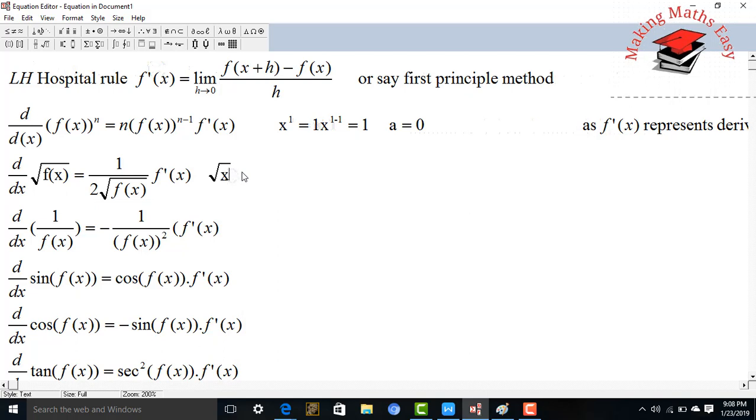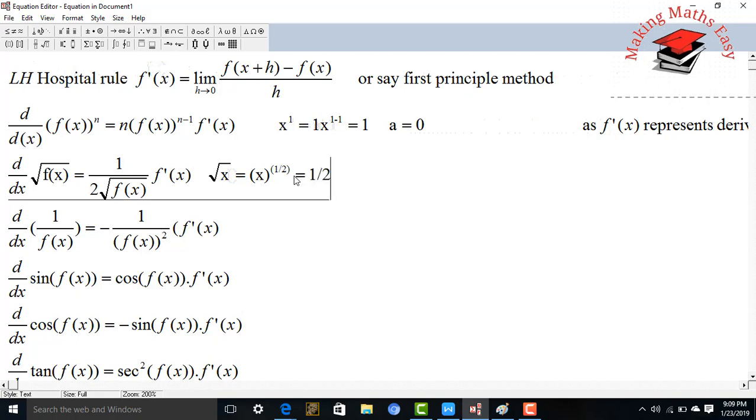the derivative of square root of x, I am not putting the derivative symbol just for convenience, will be x raised to 1 by 2. So in this case the power is 1 by 2, so the value of n is equal to 1 by 2. Again use this formula, n into x raised to n minus 1, or n into f of x raised to n minus 1 into f dash of x. So you will get equal to